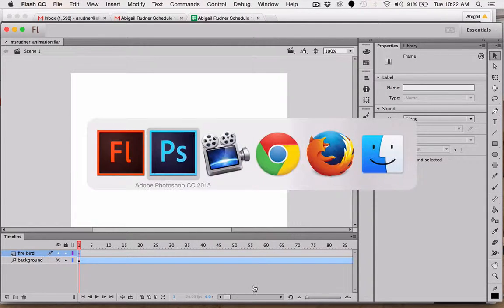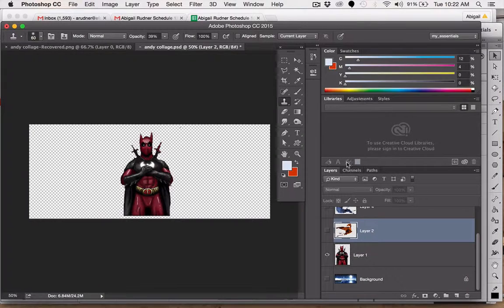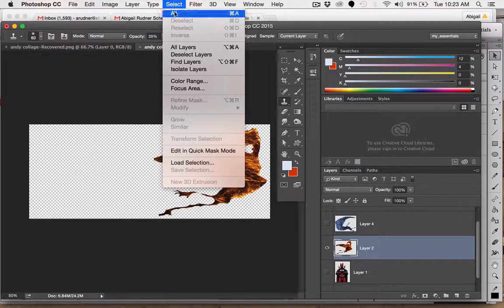Now I'm going to go over to my Photoshop file, showing you here the layers. I am going to hide all the layers except for the one that I want to work with, which is this one, Firebird. So it's clicked on and it's also selected. Selected means you can see that it's highlighted here and it's showing. It's showing and it's selected, not just one or the other. Okay, both. And then I'm going to do this the smartest way, which is select all,